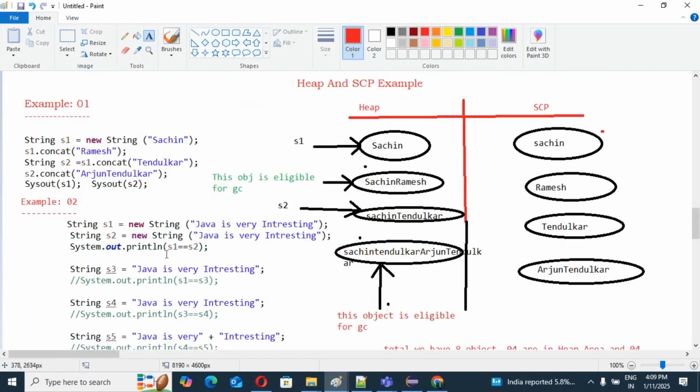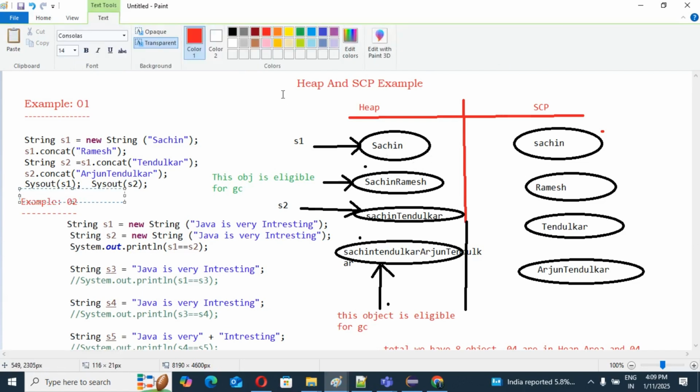So same thing, I will run the application and we will see the result. Guys, see, at this point system.out.println s1. What will s1 print? As per the result, s1 will print Sachin. Yes or no? And same thing I will show when running the application. Don't worry, it will print Sachin, right?